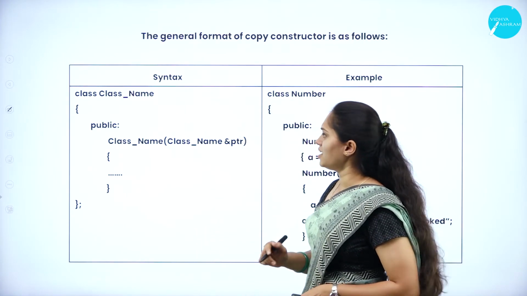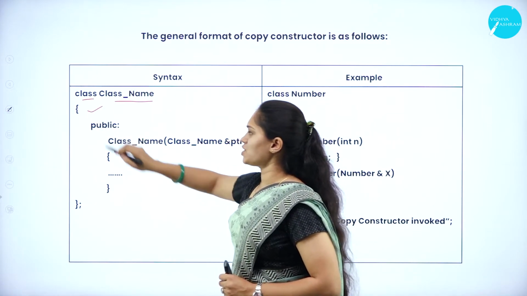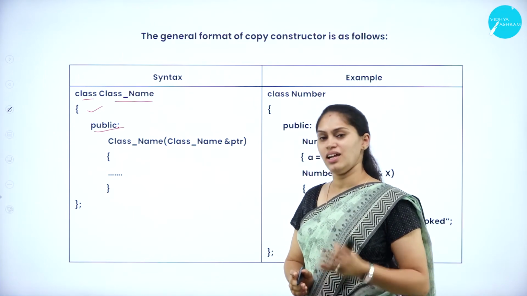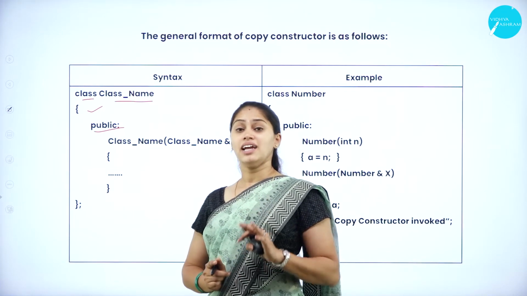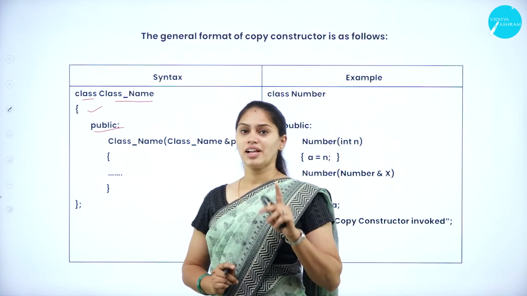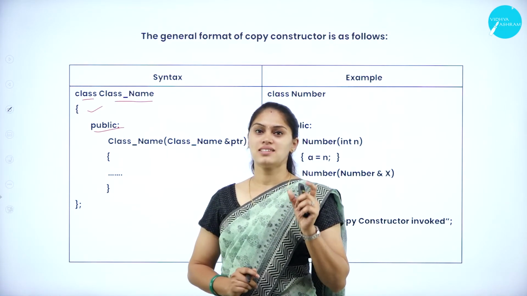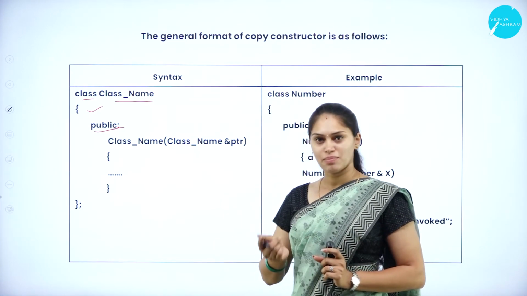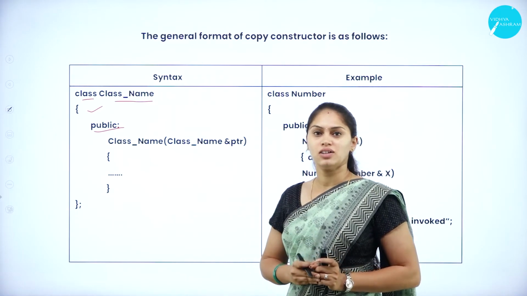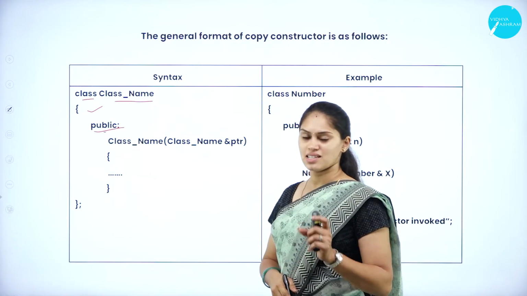Now you can understand. Here class is a keyword and class name is the name of a class, and this indicates the opening of a class. Under the public section, I am creating a copy constructor. It is a parameterized constructor and it will accept only one argument. Which is that one argument? It will accept a reference, or an address, of an object of the class type. With the help of that pass by reference method, I can copy the content of that object to a particular object. Getting it?